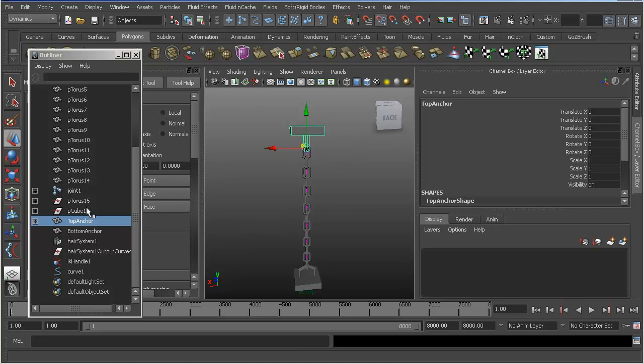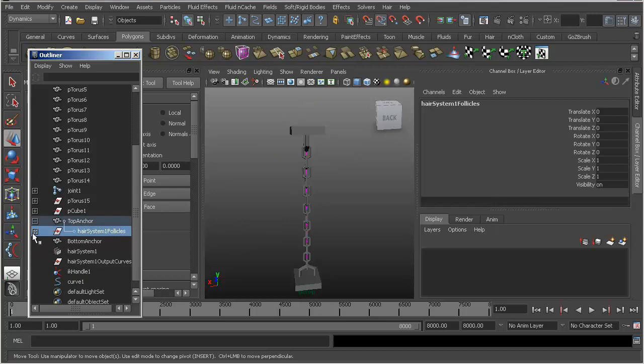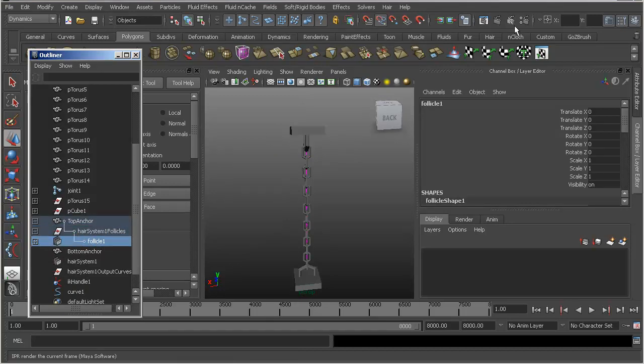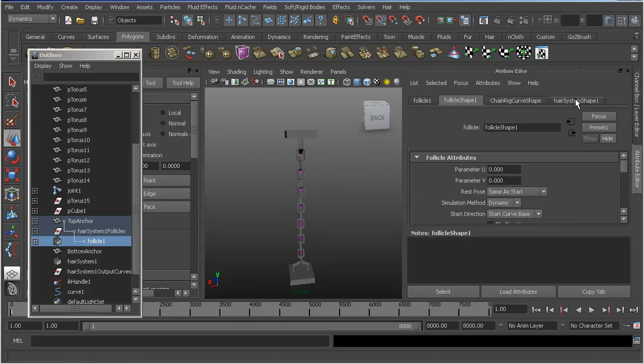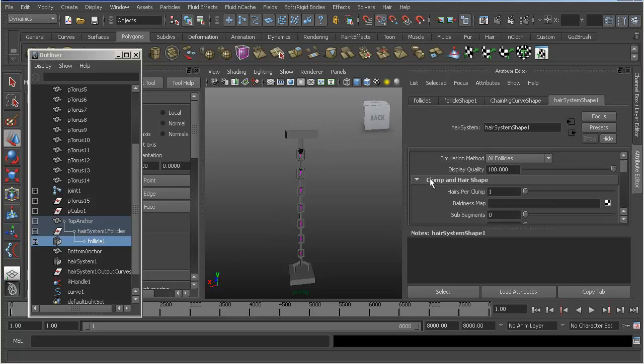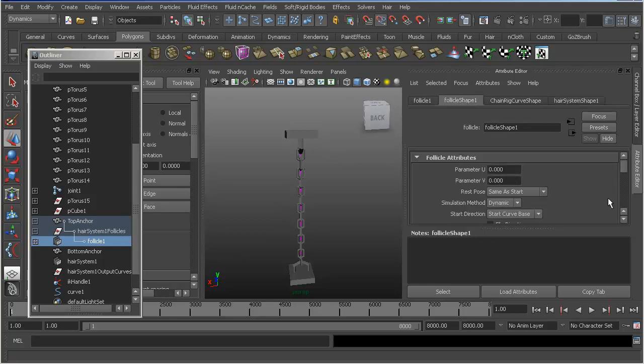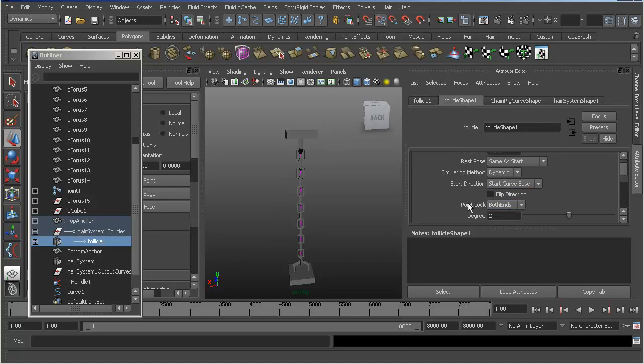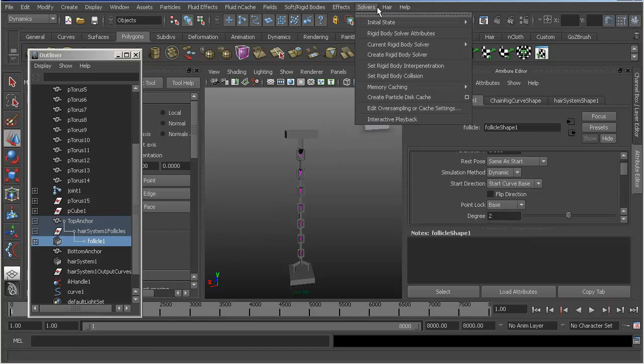So right, we want to change the way it binds the hair. We want to set it to only bind to base. So we'll do that by going to the follicle node, hair system shape. No, it's over follicle shape. As you can see, point lock is turned on at both ends, and we'll want it to be only at the base. So if we press interactive playback now,